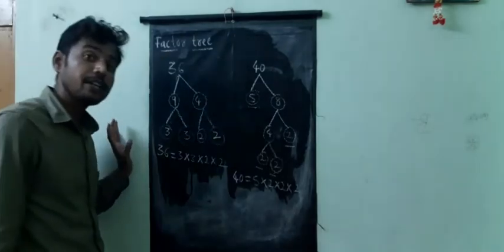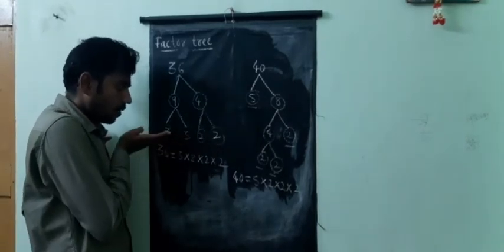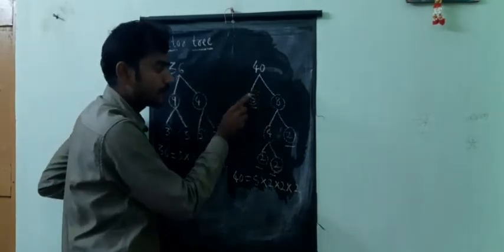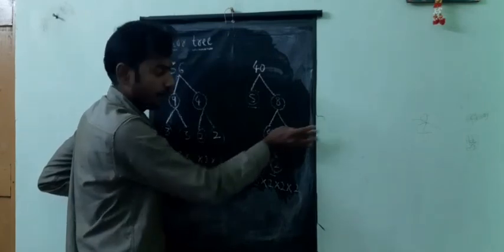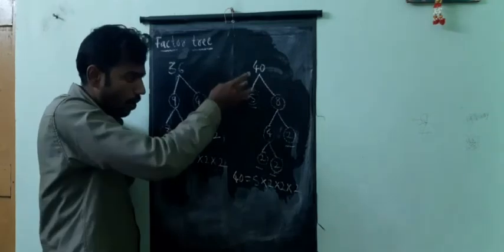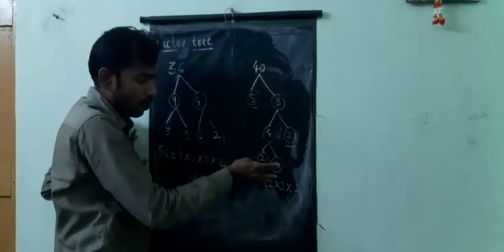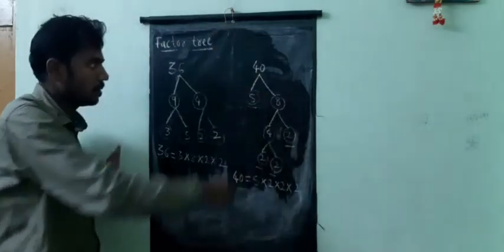And where do we need to stop? So at the bottom, what do we need to get? We need to get all prime numbers. See, I got the prime numbers, I stopped it here. Next, here I got the prime number, I'll stop it here. Next, 4 can be written as 2 into 2. Again, I got the prime numbers, I stopped it there. How am I going to count where it ended? See, 5, 2, 2, 2. 5 into 2 into 2 into 2. Please note this down.